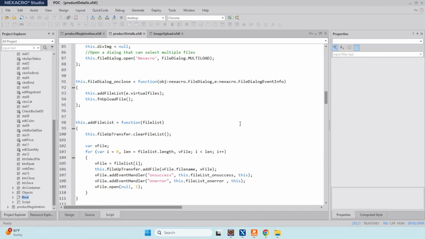So to summarize, when you clicked on the select file, you open the file dialog in a multi-load mode to select multiple files. When you close the dialog, you have access to the files that you selected. You added those files to the file up transfer, and then you called the fileuptransfer.upload method to call the xup method.